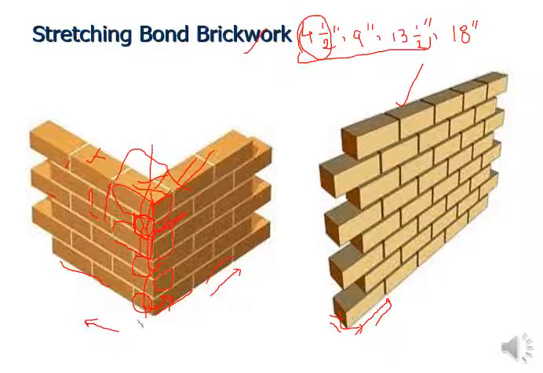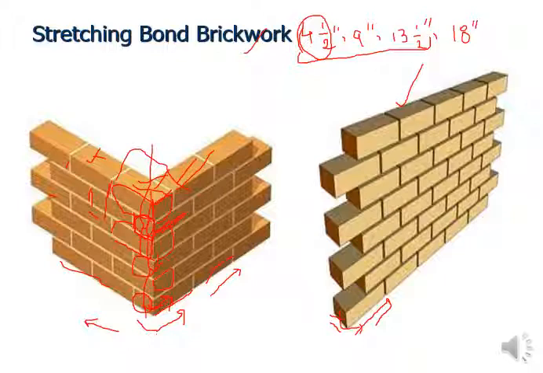Okay, so once you are at the turning point, moving from one side of the wall to the other side of the wall, at the corner or joint of the wall, then your odd courses will be exchanged into even courses, and your even courses are going to be exchanged into odd courses. That's true for all types of brick bonds. You have to keep this in mind.